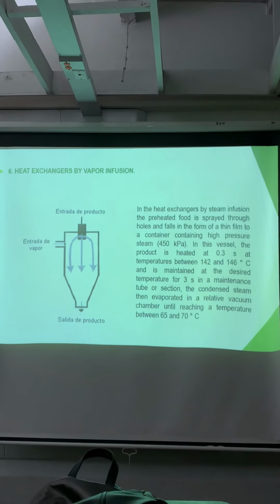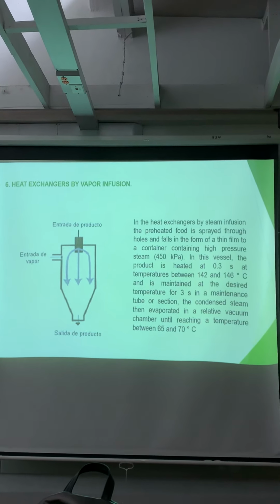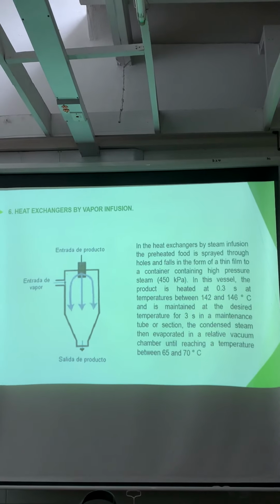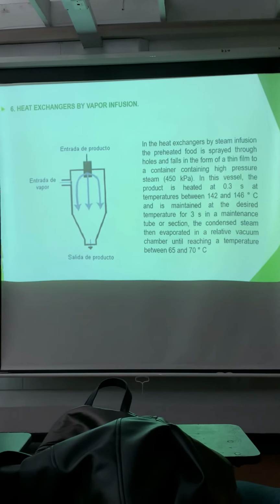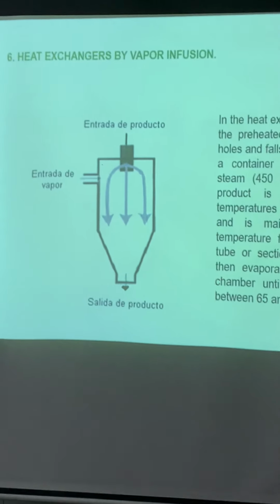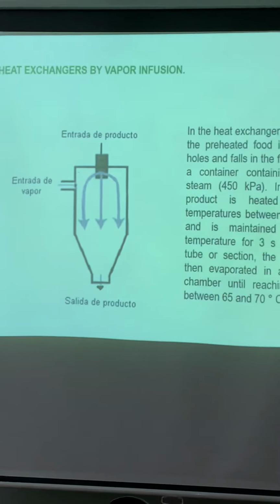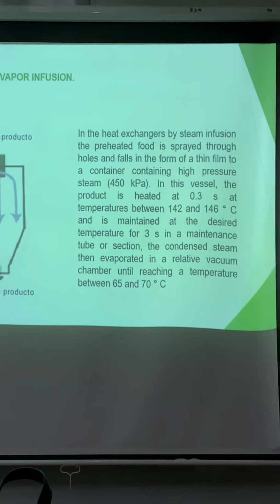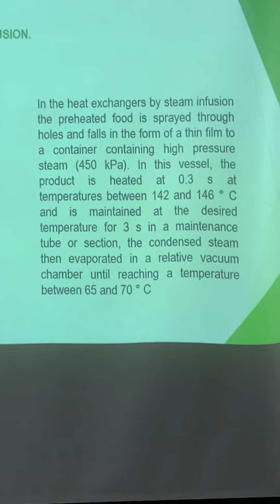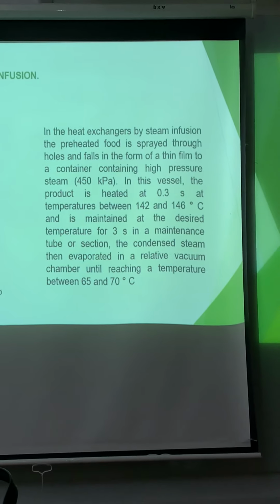And six, heat exchangers by vapor infusion. In the heat exchanger by steam infusion, the preheated food is spread through holes and falls in the form of a thin film into a container containing high pressure steam at 405 kilopascals. In this vessel, the product is heated in 0.3 seconds